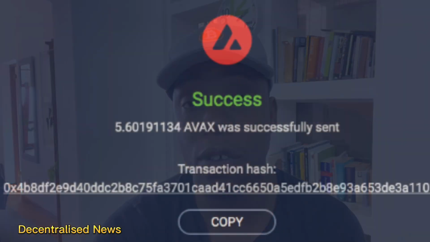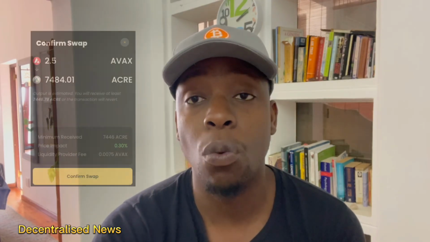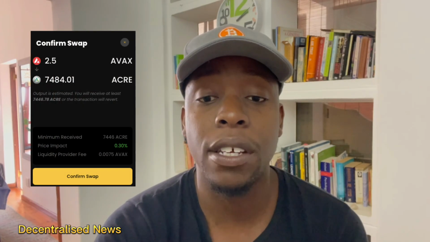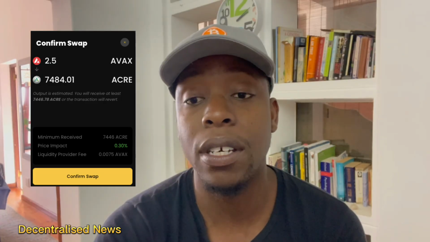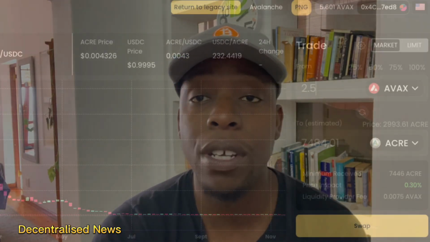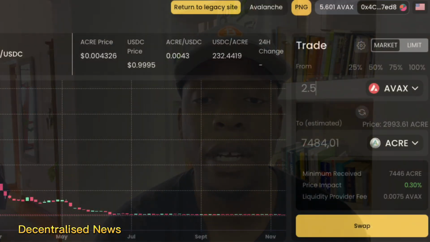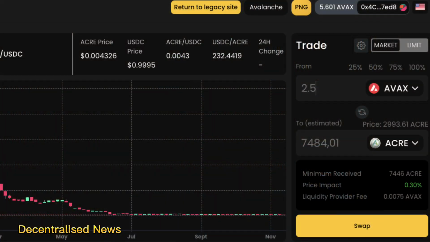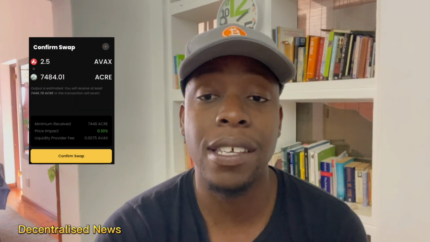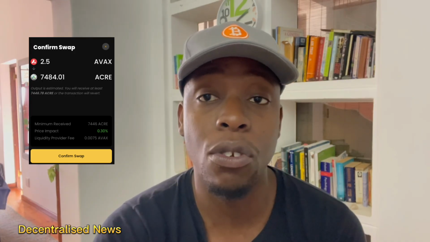I've done a review of Pangolin as well. Then I swapped the AVAX tokens for ACRE. Once you've done that, you can see the tokens are credited to your MetaMask, and then all you need to do is simply swap on Pangolin. I did a little test transaction, so you'll also be prompted to confirm the swap and accept the transaction fee when you do that.